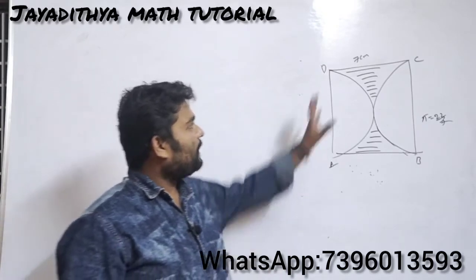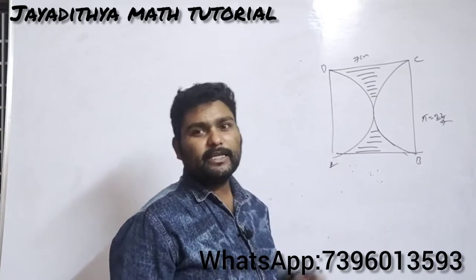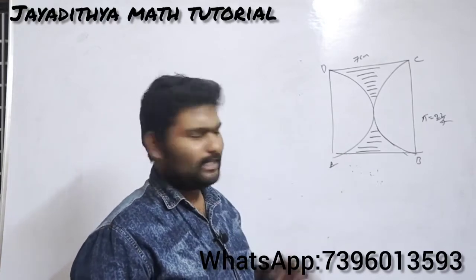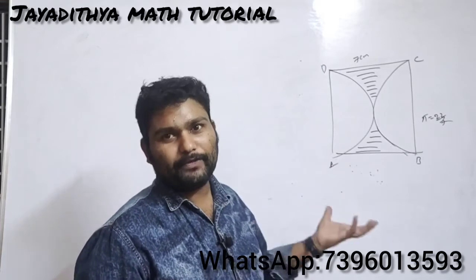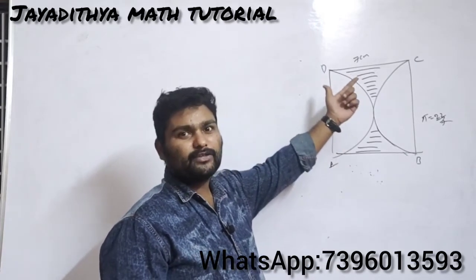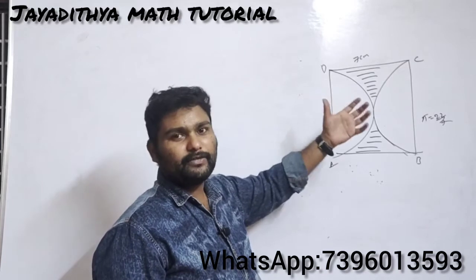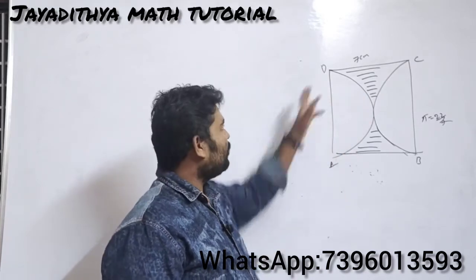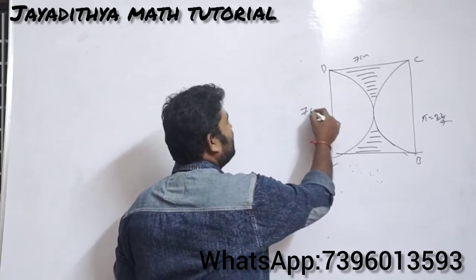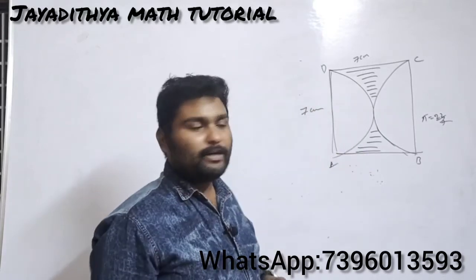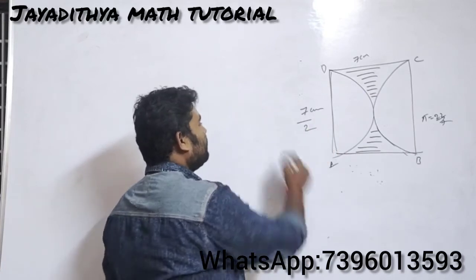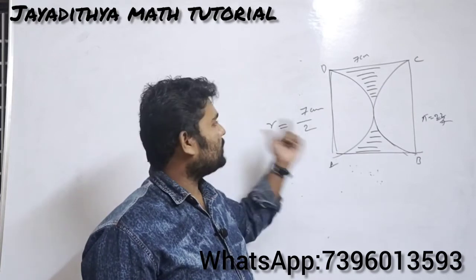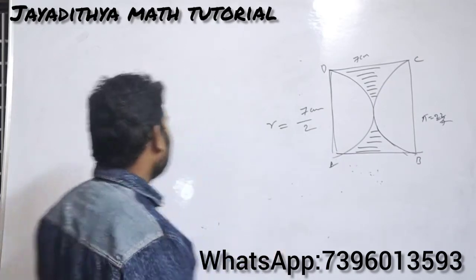The next problem is, find the area of the shaded region if ABCD is a square. So how to find the area of the shaded region? Just by looking at the figure, you can directly do it. First find the area of the square, and he has given the side of the square as 7. That will be 49 square centimeters. From that you subtract 2 semicircles, and here also the side will be 7. That means the total diameter is 7. So what will be the radius here? The radius will be 7 by 2. So from the square you subtract 2 semicircle areas, then you will get the answer easily.